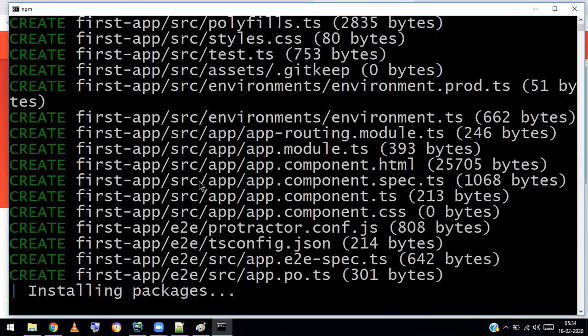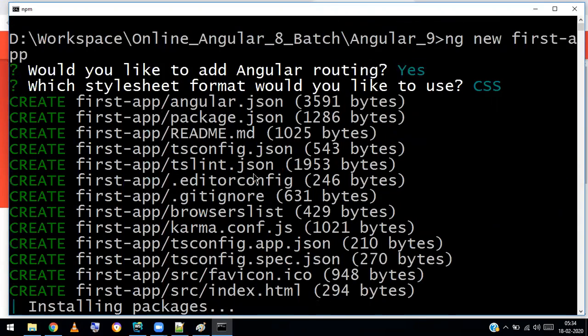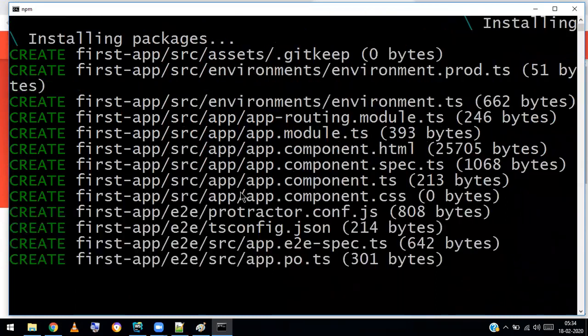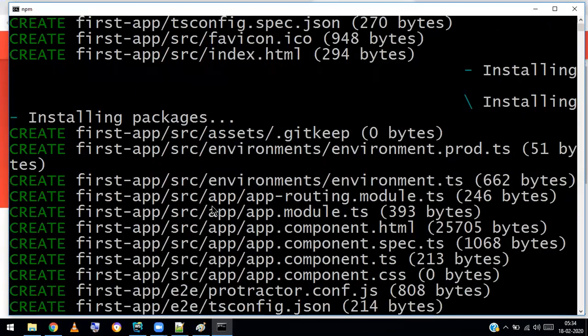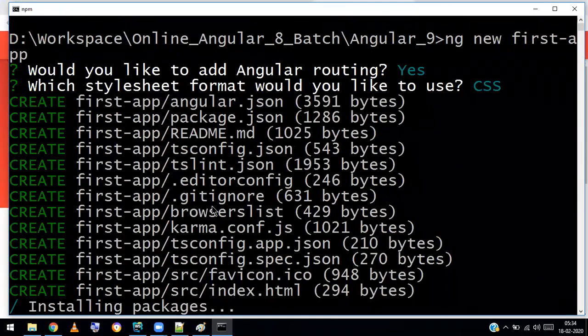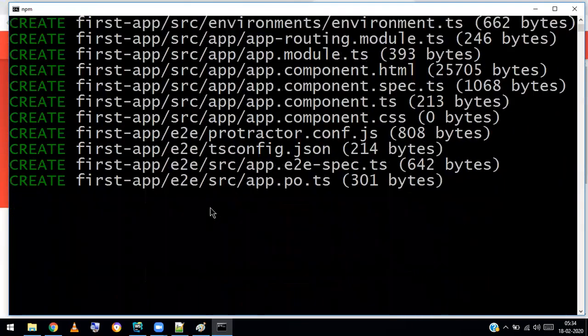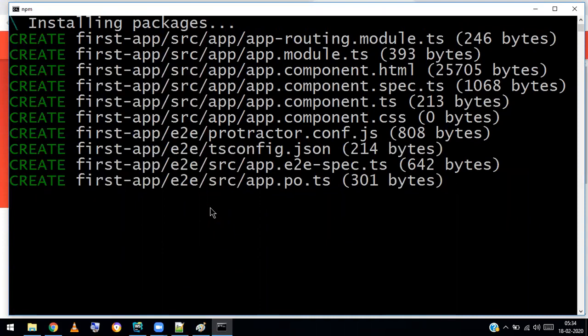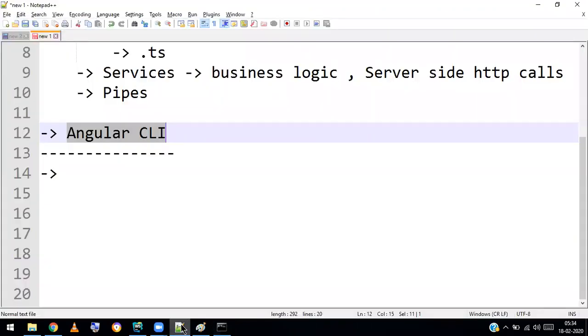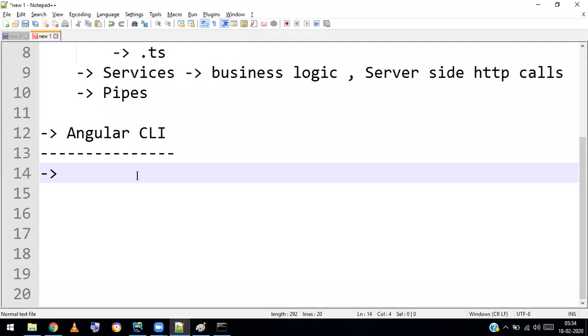It has created all the required files. What are those CSS types that it asks about, like Less and SCSS? There are three options, so why does it ask that? CSS has some pre-compilers like SCSS and Less.